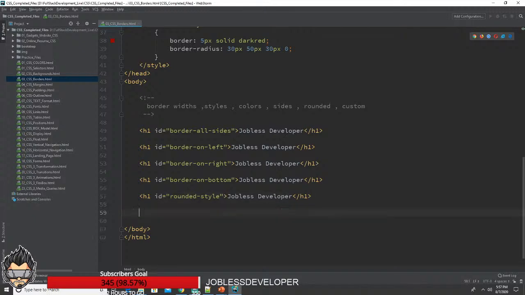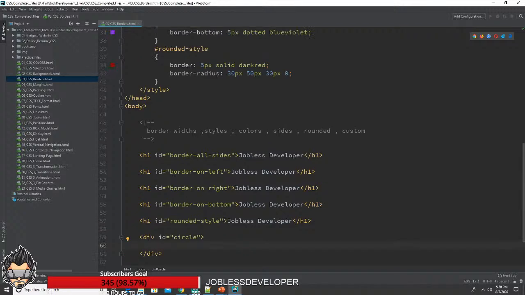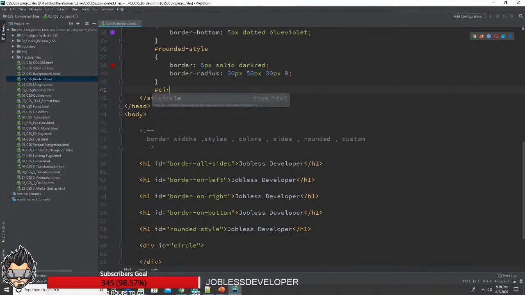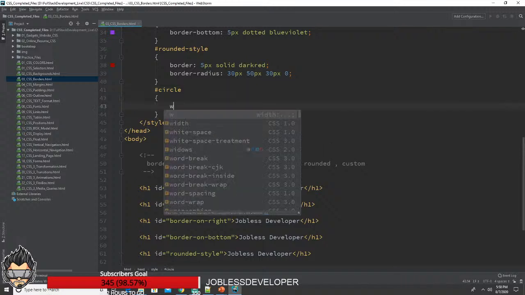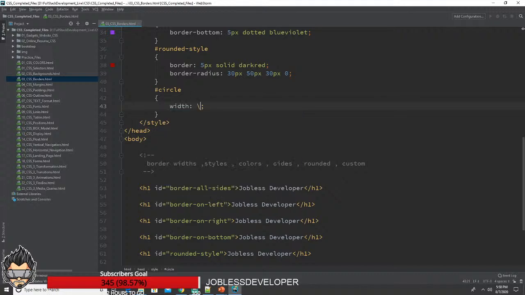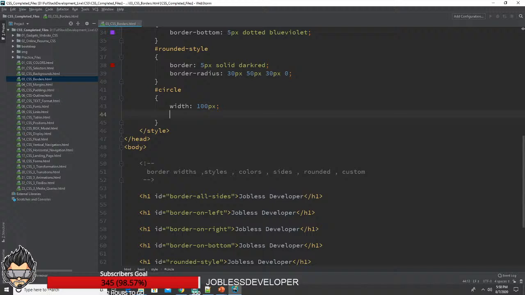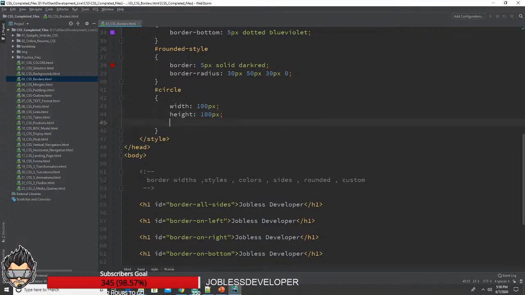For example, if you want to create a division, you say hash circle, because it's up to you. You want to display the circle onto the screen. It's nothing but, I say that hash circle, I want a width. If I want to create a circle, then what is it? It's like a complete circle, right? If we create an empty division, for example, that's what I'm showing. The reason I'm showing this is that